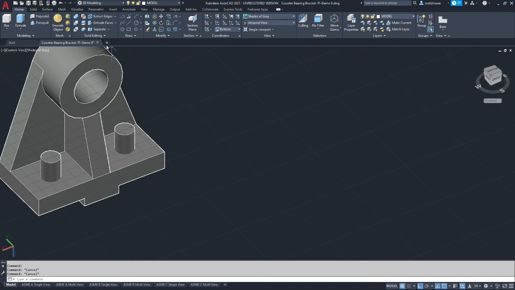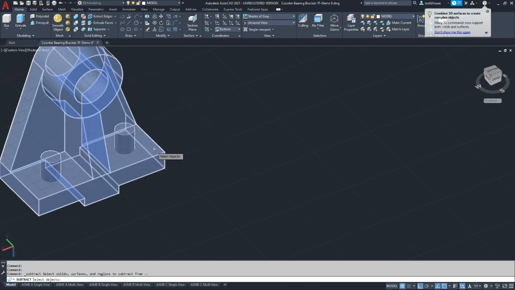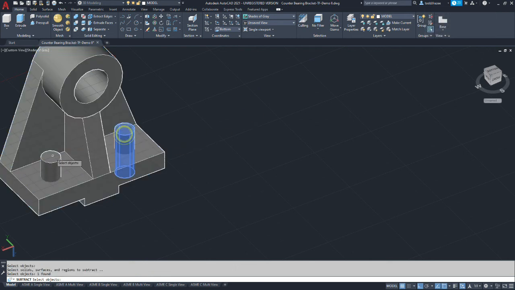So we go to solid subtract. We want to keep the main body of the model, and we want to subtract the two cylinders, leaving the holes where they should be placed.